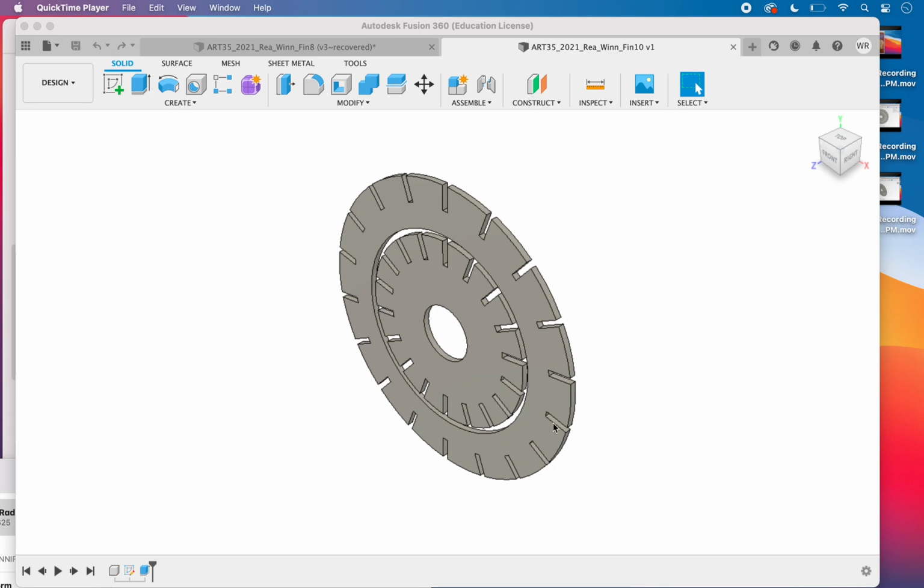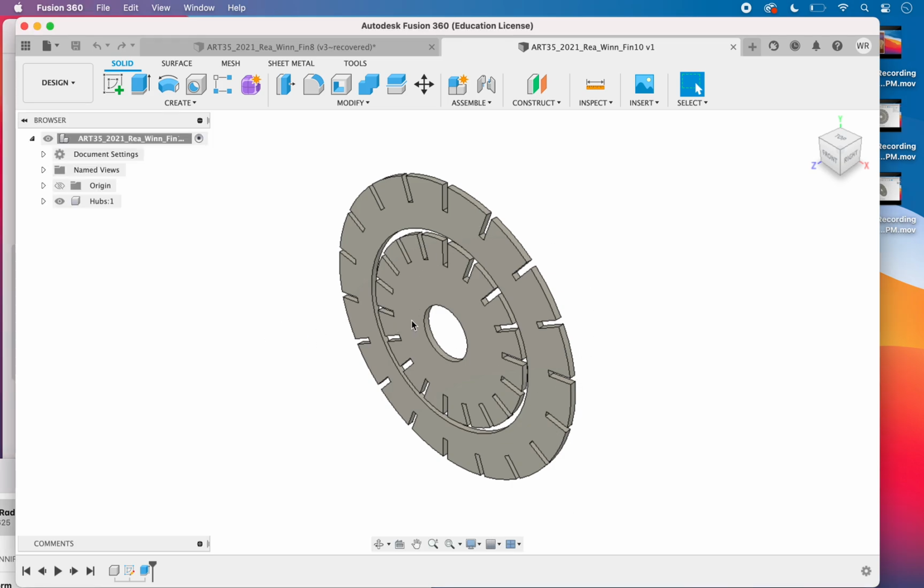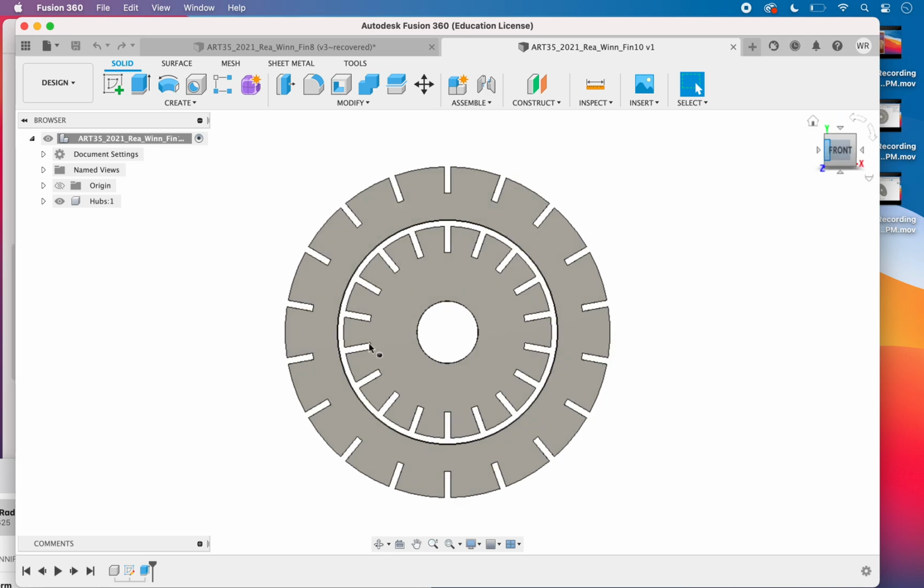Hey 3D modelers, the last time we were working we created these hubs and now we're going to create some fins to fit into them. We need to take some numbers with us into this next stage. I remember this number straight across here from the bottom of this notch to the bottom of this notch